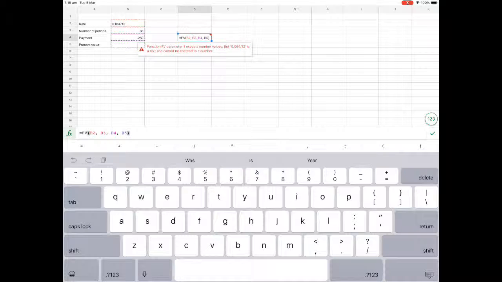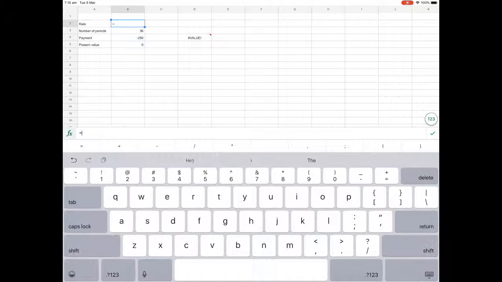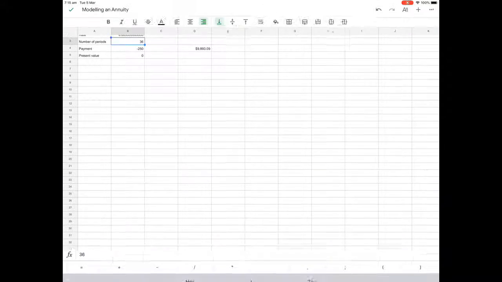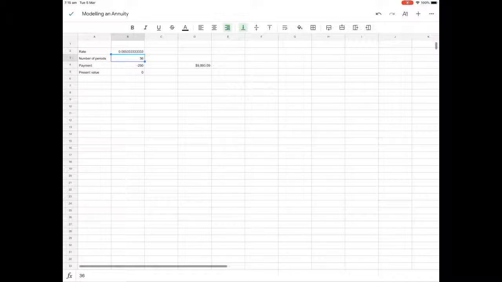Now I've got an issue there, and if you look at it, it's the 0.064 divided by 12 because it's not recognizing it as a number. Easy way to get it to recognize that as a number is put an equals at the front, and then it'll do the division for you, making it into an actual number. Again, equal signs are your friends. So chuck him in, and look at that. We've now got a recurring decimal happening in there and a value as our answer,